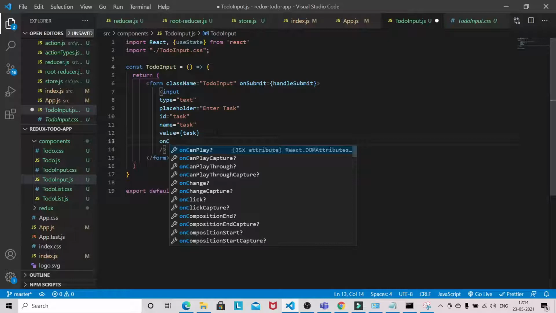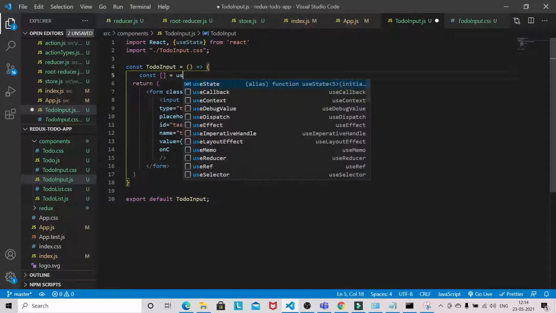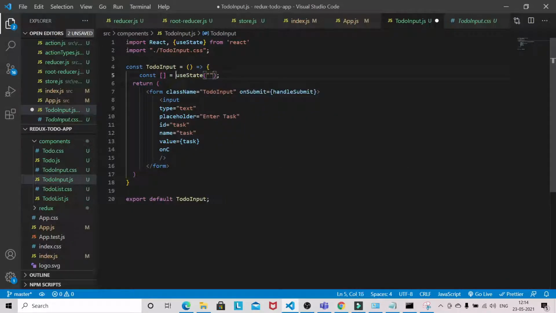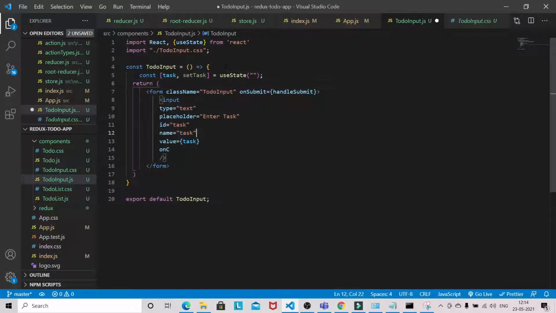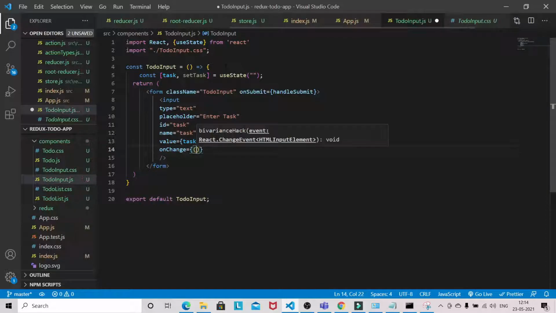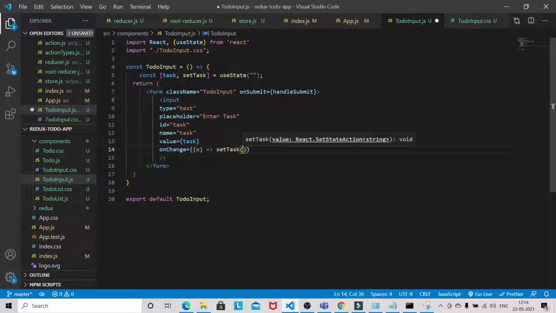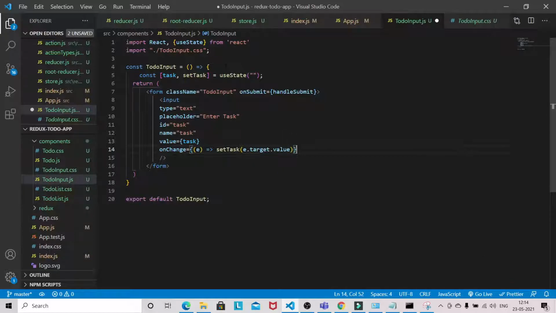On change. So first define the state, useState, task, setTask. Okay, e.target.value.